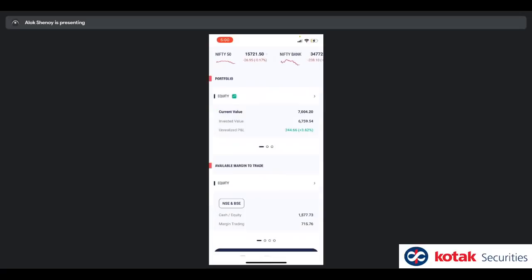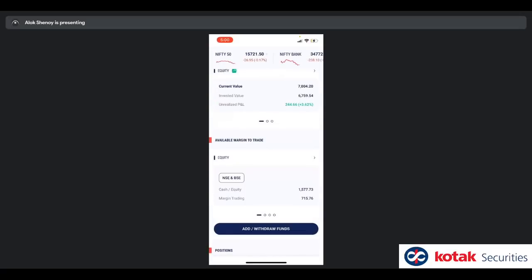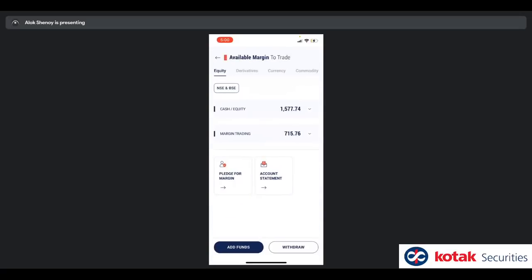For now, I want to talk about available margin to trade. I'll come to portfolio next. You can see available margin. This is the screen. Now, if you want to understand how your funds have been consumed over time,